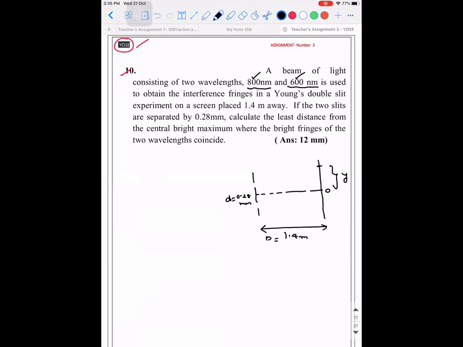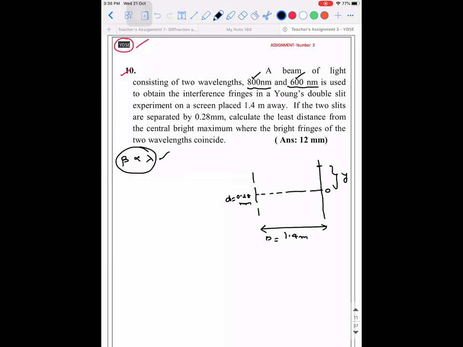So we know the concept of fringe width, right? So fringe width is directly proportional to wavelength. Can I say this? Because beta is equal to lambda into capital D divided by small d. So the fringe width is going to be directly proportional to lambda. So in the distance y,